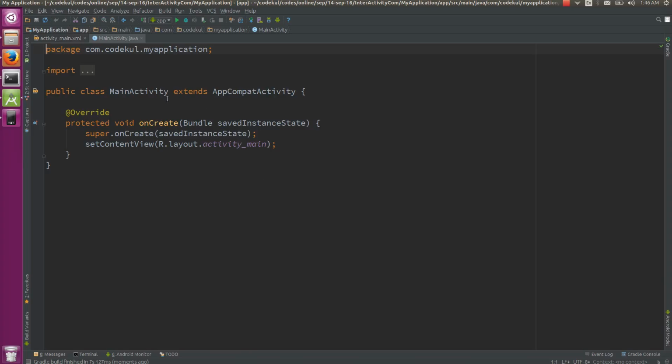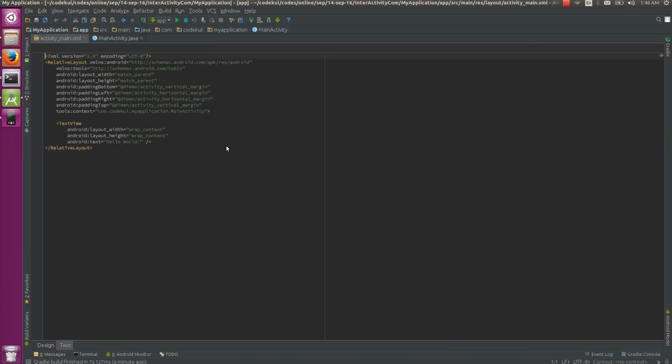Okay, so this is one activity. What we are going to achieve is, suppose this is one activity, this activity would be starting this other activity. So from this activity you would be starting something called this activity. We'll call it A, and this would be B. Okay, let's do this thing first. So I'll go to the